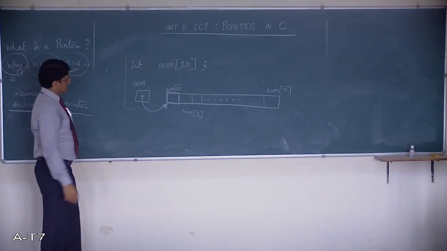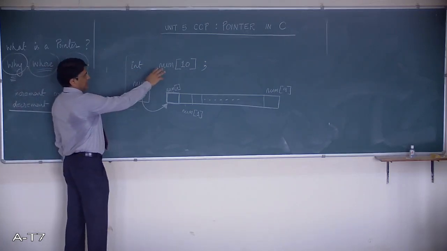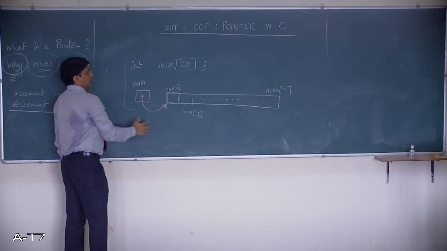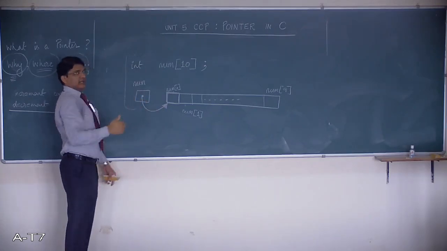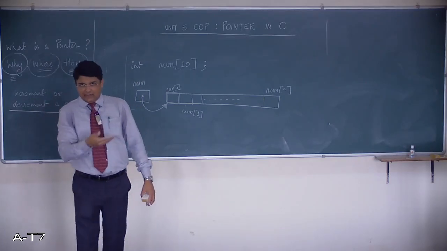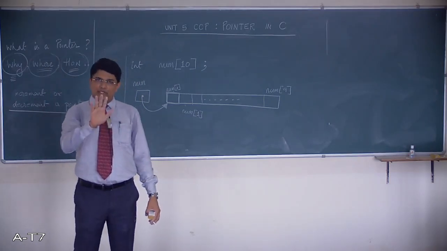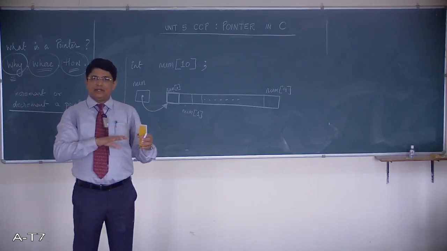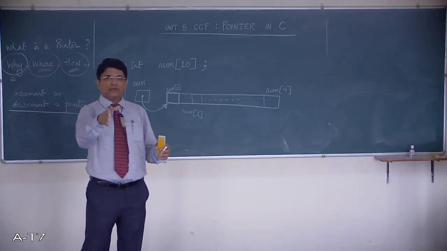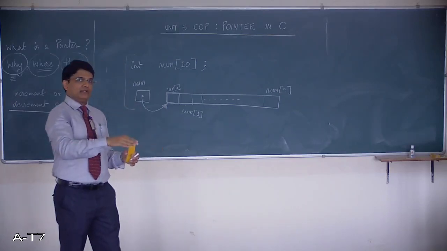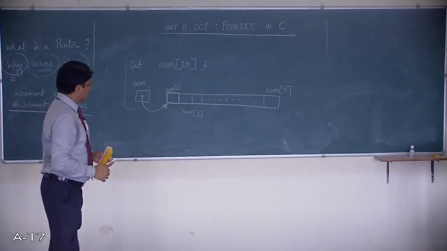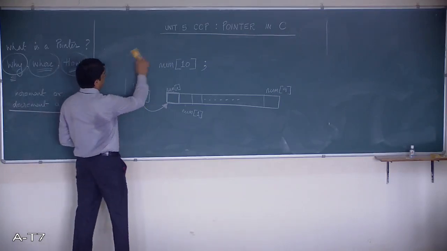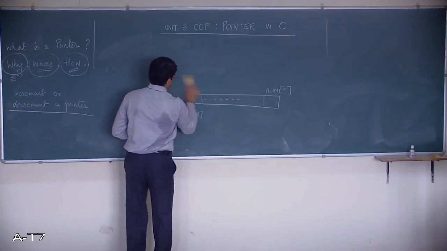This is one point I wanted to highlight. Whenever you declare an array, the name of the array itself is a variable that stores the address. So invariably, when we are working with an array, internally the operations are happening through pointers only. Even if explicitly the programmer has not used a pointer, internally whatever you do with the array is happening through pointers. That's an important diagram.